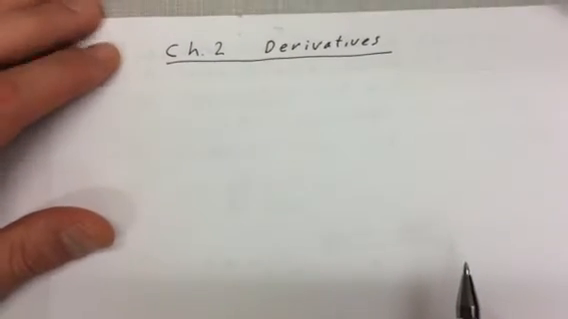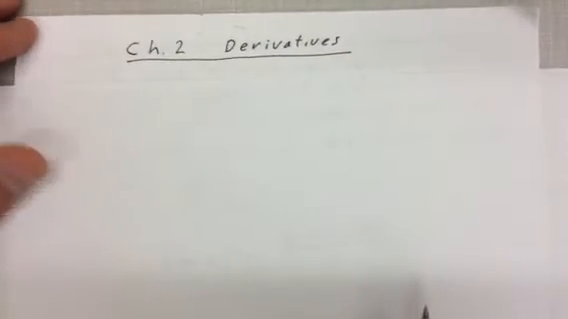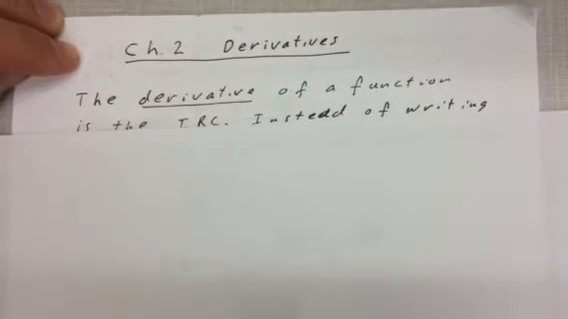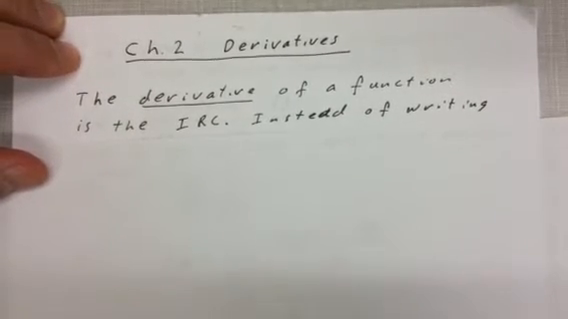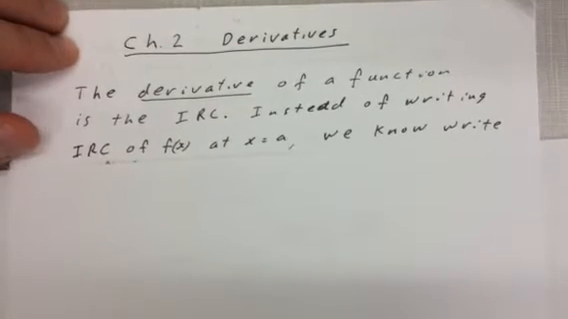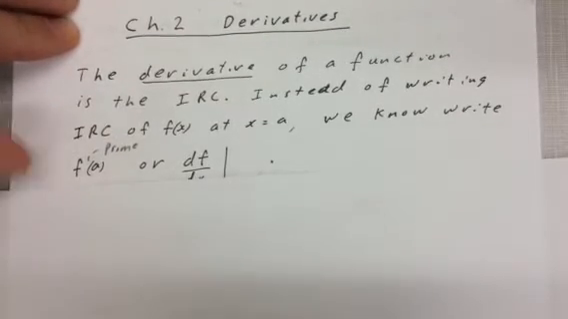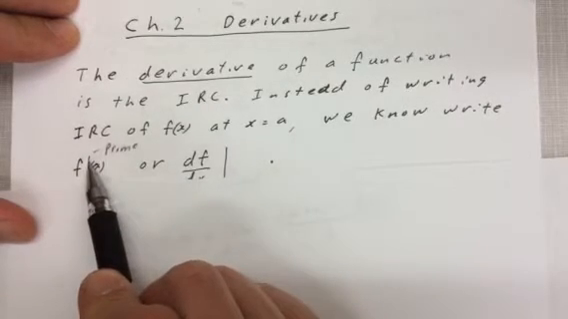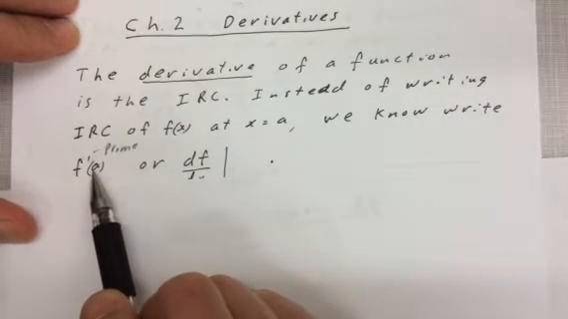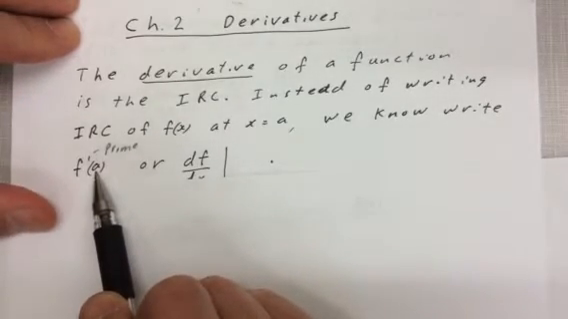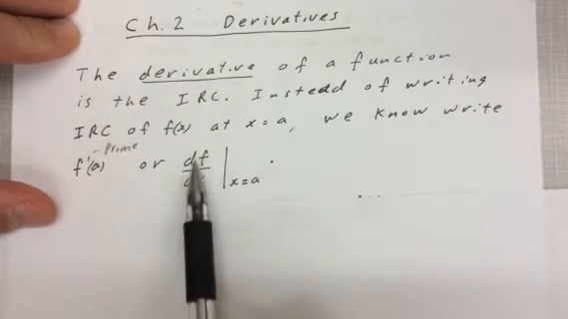Okay, so we're moving on to chapter 2, which is called derivatives. Now, what we've been doing has basically been derivatives at a very basic approach. The derivative of a function is the instantaneous rate of change of the function at a specific value of x. Instead of writing ERC of f of x at x equal to a anymore, we're now going to write f prime, this little dash here is called a prime, of a, that means the derivative of f of x at x equal to a, or